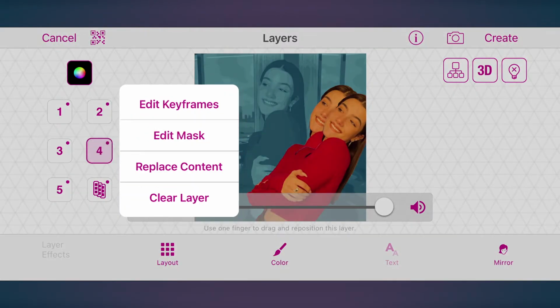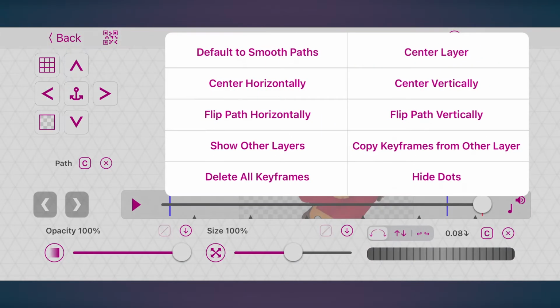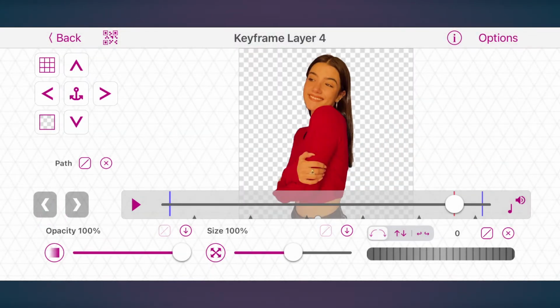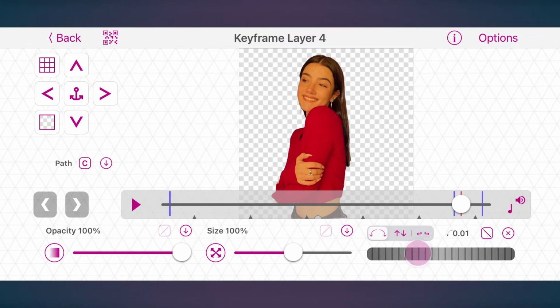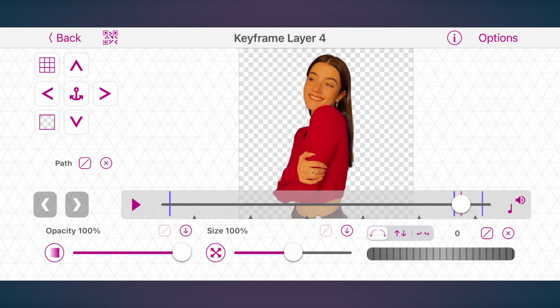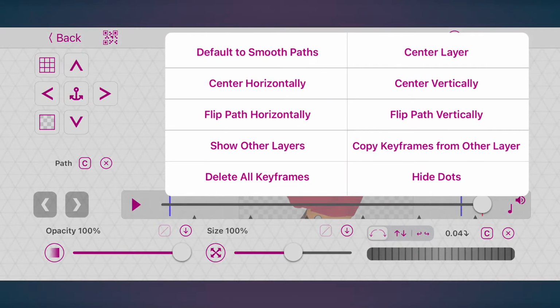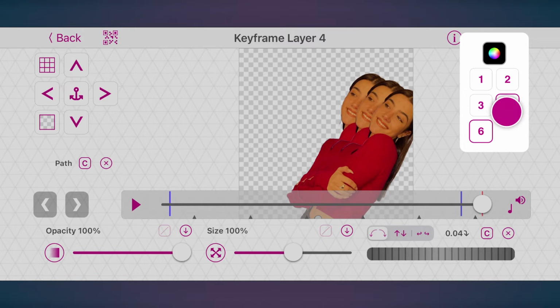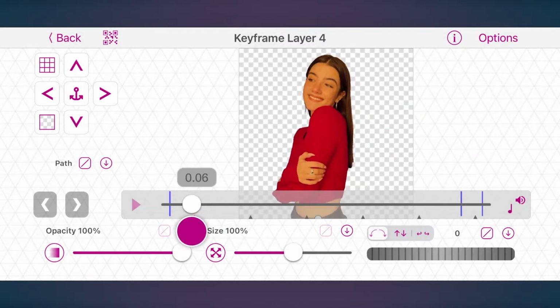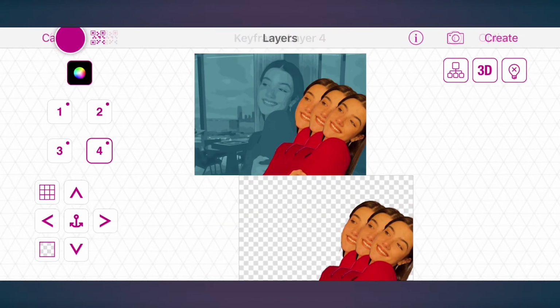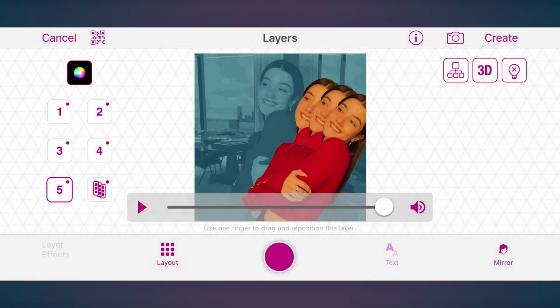For the second shadow, it's better to duplicate keyframes from the first shadow and repeat the same process. Use the blob fuzzy effect for the shadows.